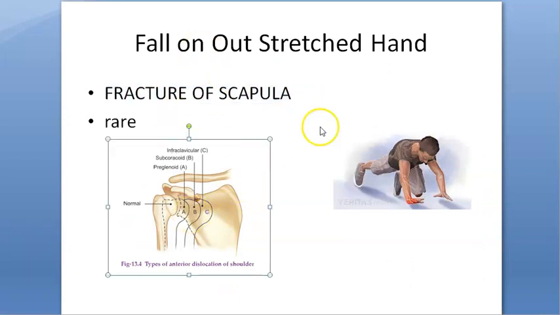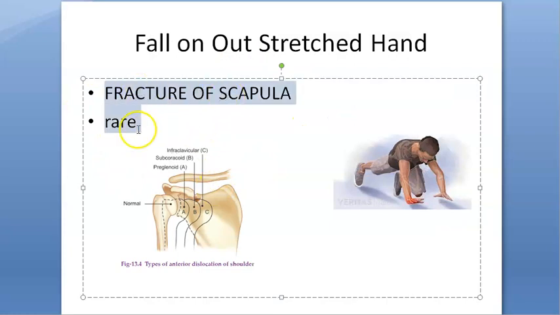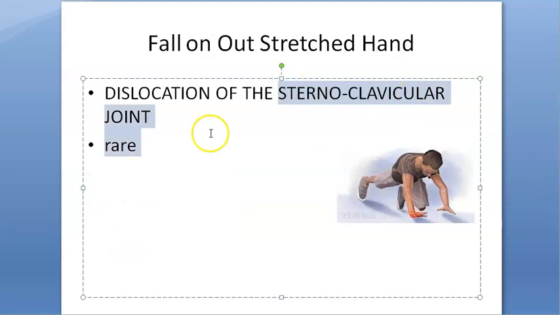Now the scapula also can get fractured. This is the scapula that you're seeing here, this wing shaped bone, and this also can get fractured. What parts can get fractured? The body, the neck, the acromion process, the coracoid process. So many parts of the scapula can get fractured, but this is all rare. The scapula and the sternoclavicular joint, all these are rare. Now how will you treat a fracture of the scapula? Triangular sling, etc. Now let's go to the next one, the sternoclavicular joint.